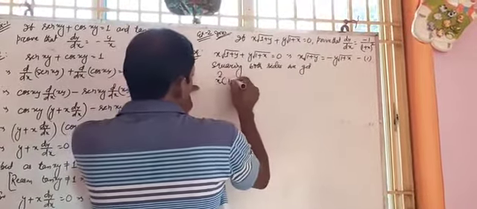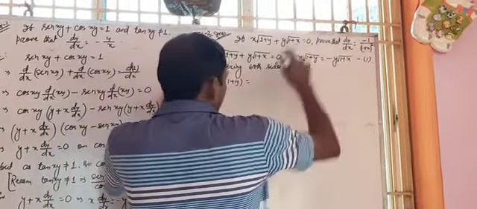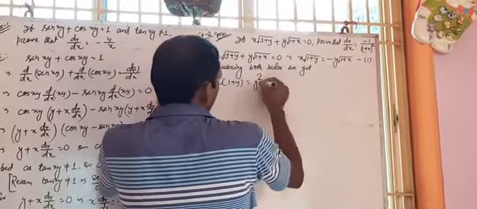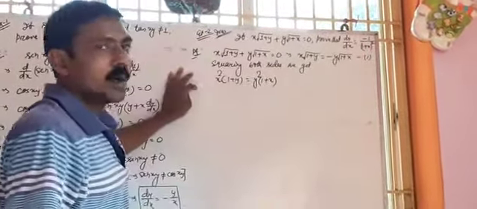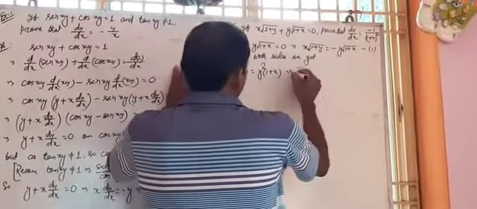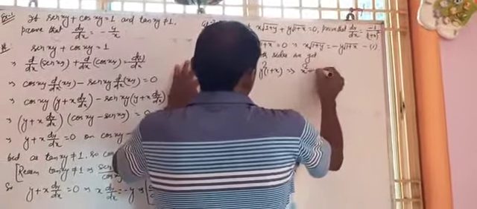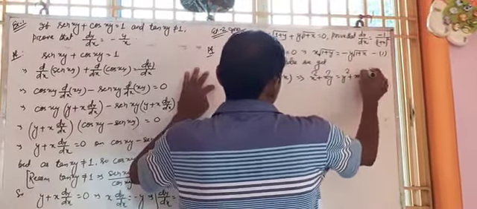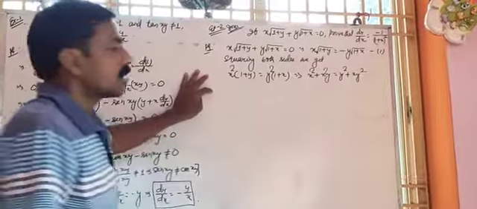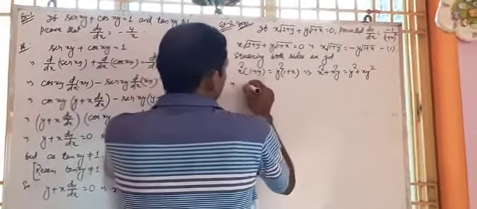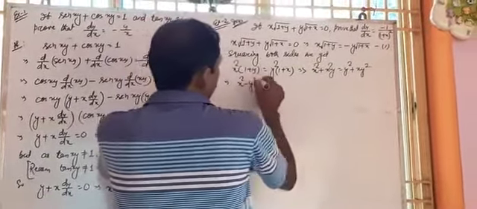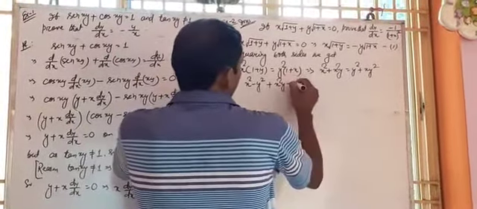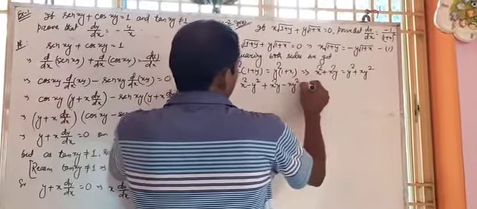Left hand side is x square into 1 plus y, or minus square is also plus, that is y square into 1 plus x. Now open the bracket, that is x square plus x square y equal to y square plus x y square. Now bring all the terms to left hand side, so it is x square minus y square plus x square y minus x y square equal to 0.